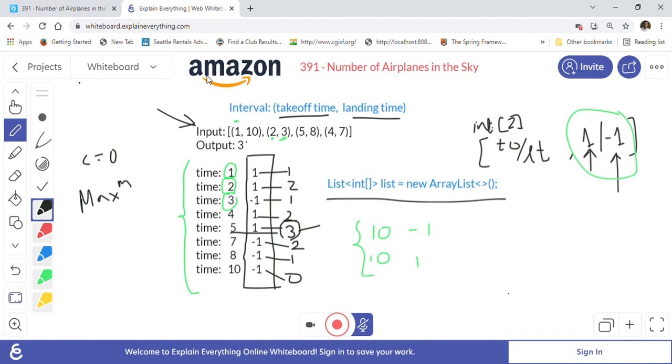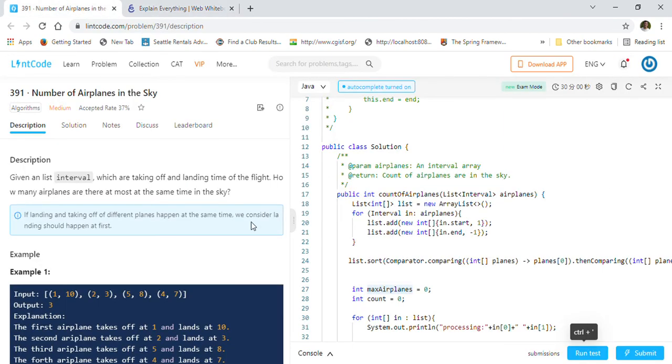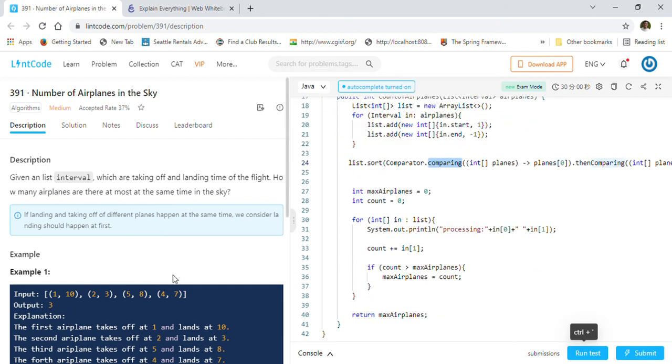This is an important problem asked by Amazon, so make sure you understand this problem and try to handwrite the code, and make sure you can code and solve this problem. Also make sure that you can write the comparator for the list, right? Because writing the comparator is a little bit tricky. This is the way the Java 8 lambda expression works for a comparator. So make sure you try using comparators of Java 8 to sort the list. So this is all about this problem.